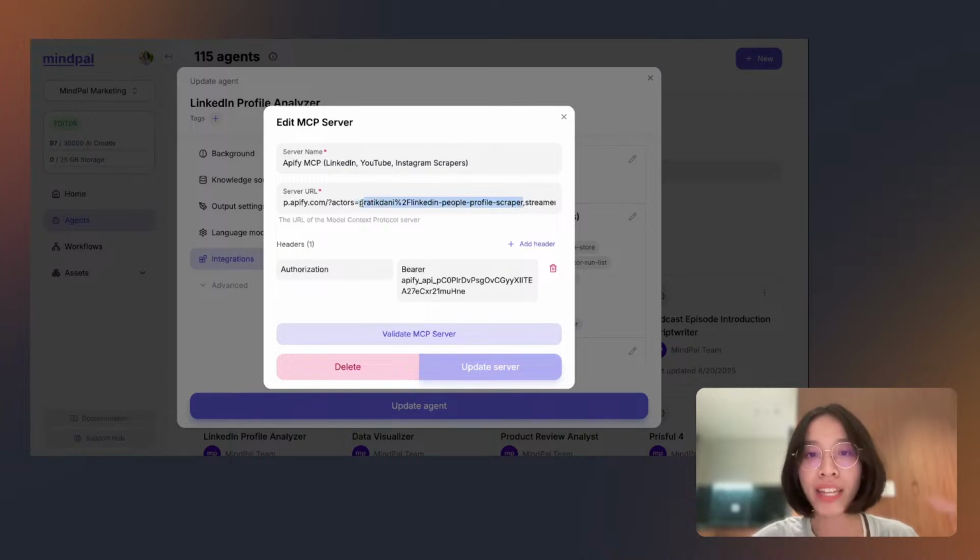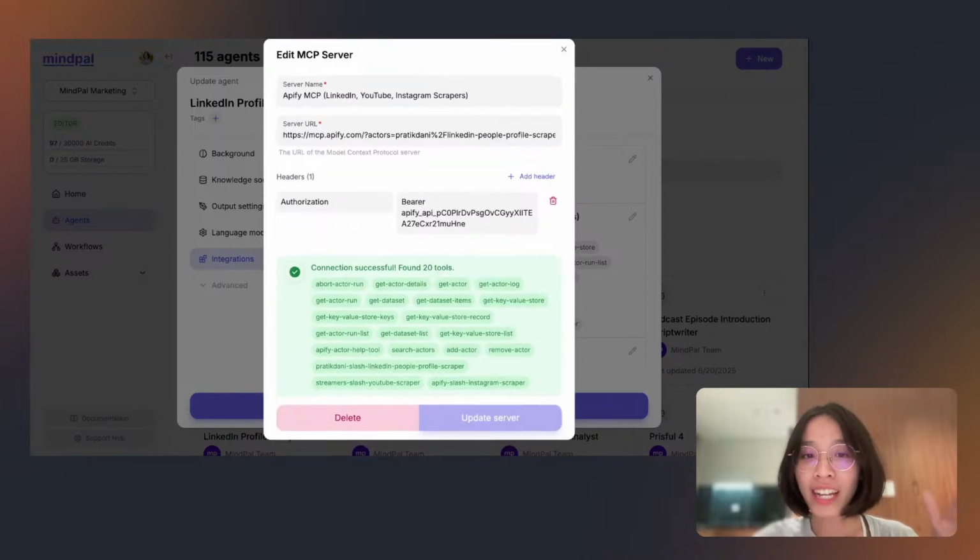So this is the name I get from the Apify store. Also the YouTube scraper and the Instagram scraper. And then I put in my Apify token. I will invalidate this shortly, of course. And then when I validate this MCP server, as you can see, my AI instantly discovered that there are 20 tools in this MCP server.